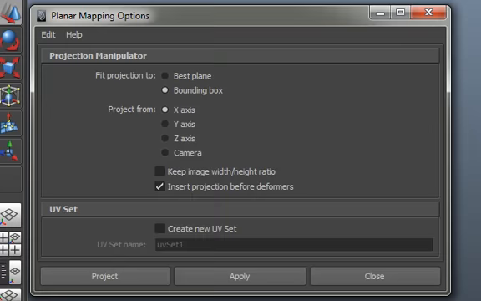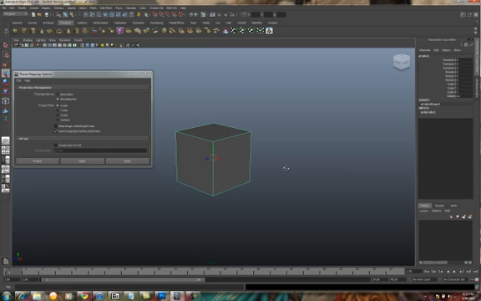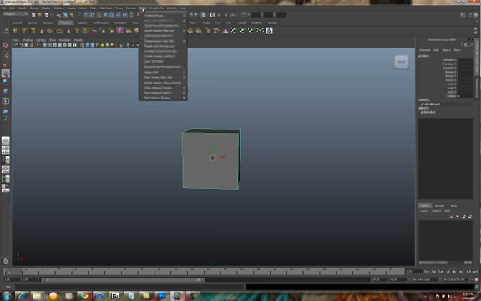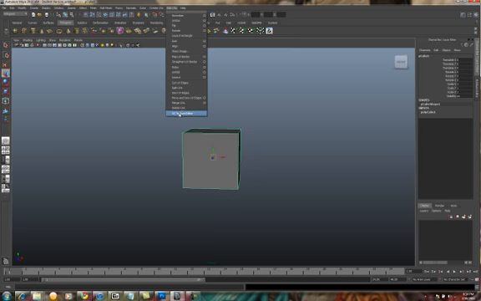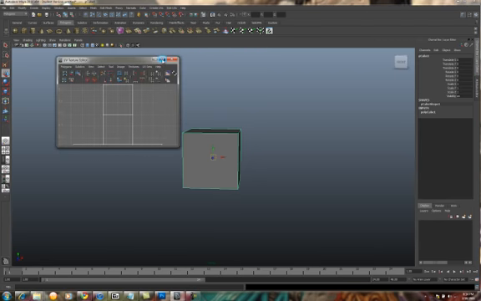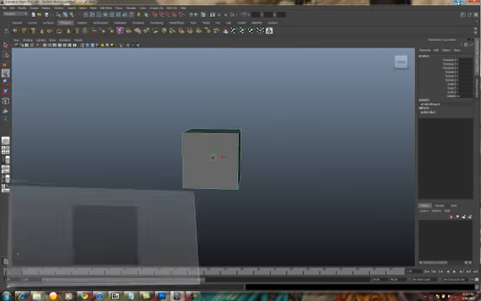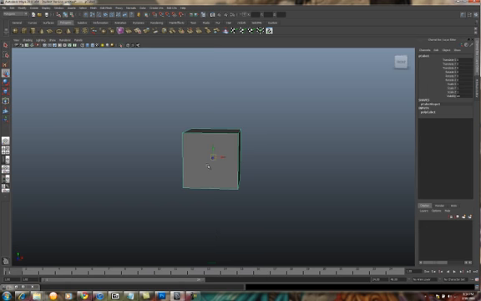There's a bunch of ways to do that, I'm just going to be quick and say the best way to map anything would be planar mapping. Open a planar mapping option box. The reason you gotta map the UVs is because if you go up into the UV texture editor, it's a square, so it's not gonna have any ridiculously crazy UVs, so the UVs are actually already pretty good. But let's just say I took